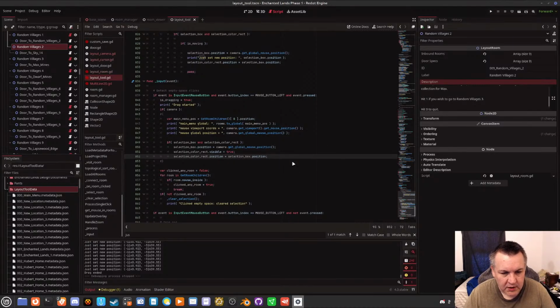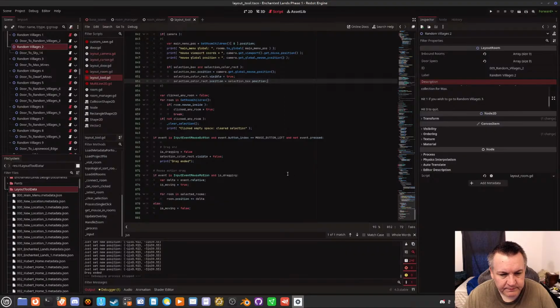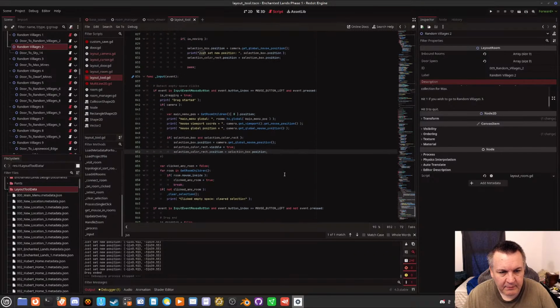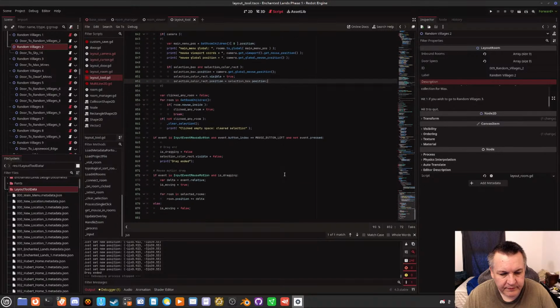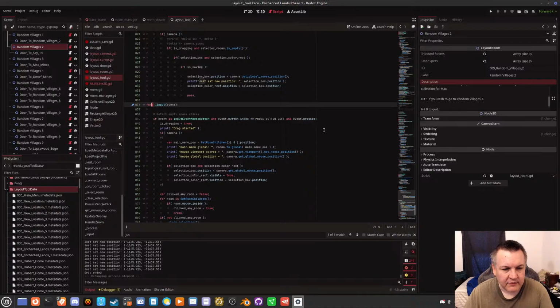Okay, so print. I guess I can leave those prints there. That's all right, I guess. So now, shoot, this almost looks like it's okay.